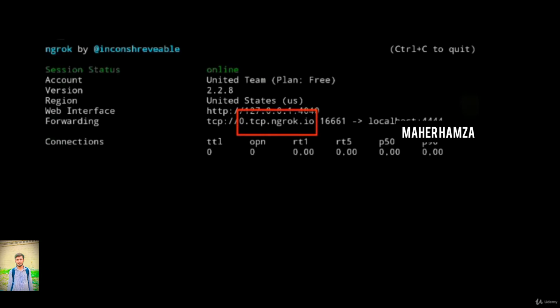So you can see it, tcp.ngrok.io, and the port here is 16661, and this is our local host number 4444, which we have given before. So the Ngrok is running and is waiting to receive connections. So remember our local host, it is 444. If you have given any other number, please remember that number because we will be using it later